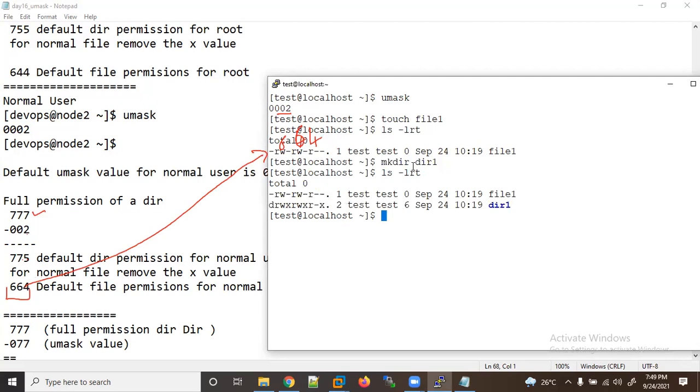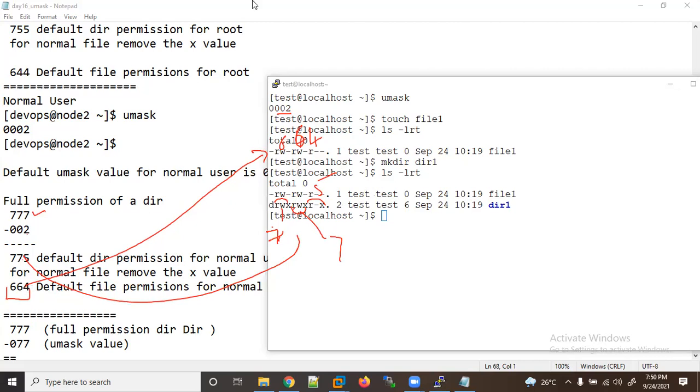Now you can see here. So this is the method to calculate, and here you can see the directory permission 775 and the file permission 664. So you can remember directory permissions and file permissions.